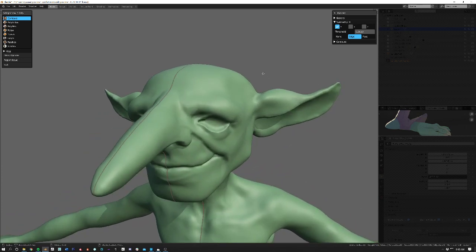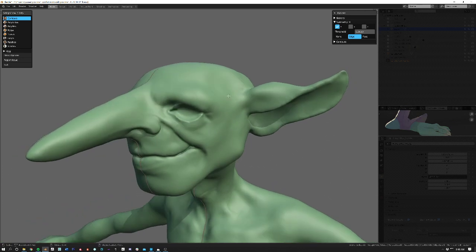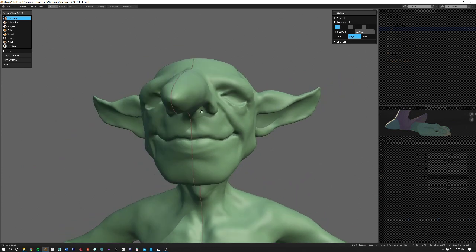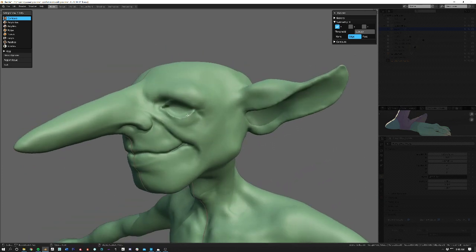Now, all kinds of stuff has been set up under the hood. This new mesh already has a mirror modifier applied. I think it's also got a displacement modifier that allows the new mesh to sit outside, or on top of, the high-res mesh underneath. So when you're dealing with retopology,